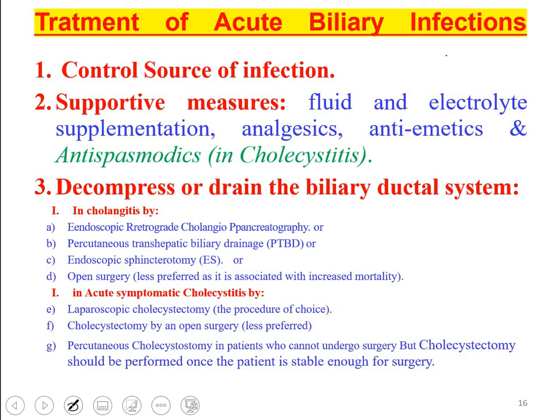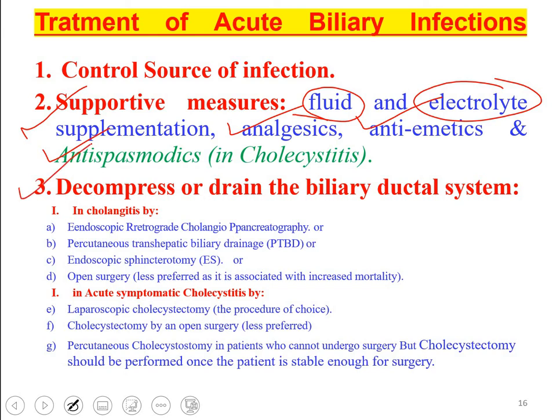In the treatment of acute biliary infection, you have to control the source as well, and you have to give supportive therapy. In supportive therapy, you have to take care of fluid and electrolyte supplementation. There shall be analgesics, there shall be antiemetics, as I referred to earlier, and you will go for an antispasmodic. The other regimen is physical maneuvers to decompress or drain the biliary duct system, and in case of cholangitis, you will do the endoscopic retrograde